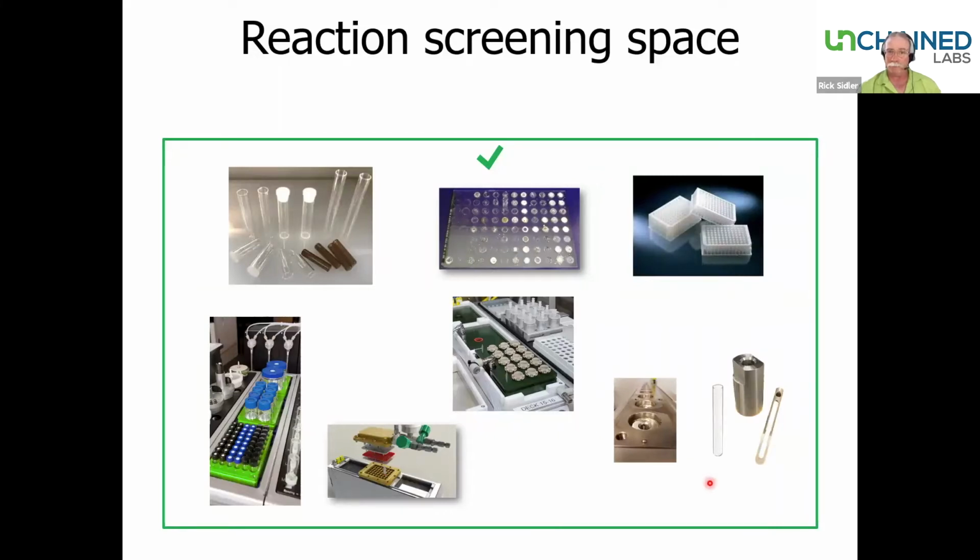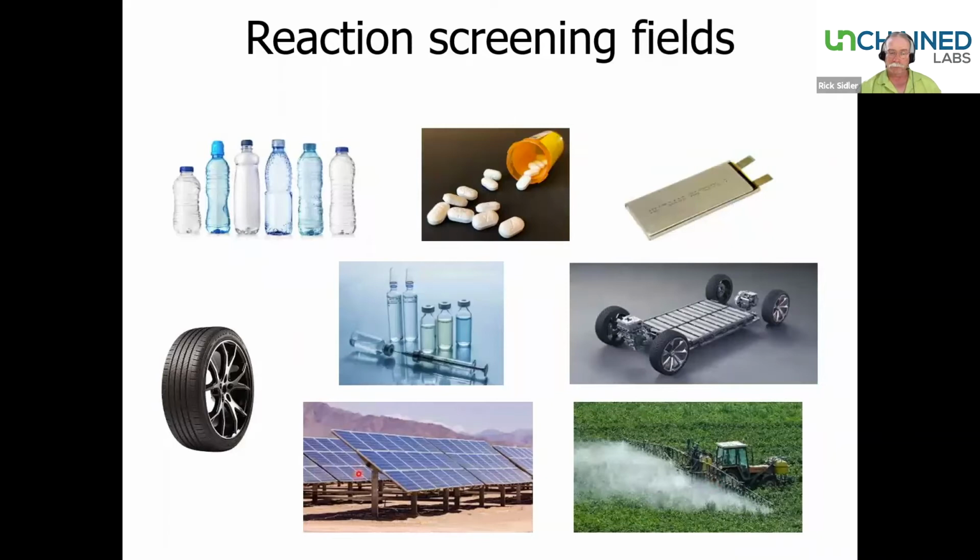Where might we apply these reaction screening conditions? It could be in a diverse set of fields. It could be in polyolefin research, where we're looking at catalysts and co-catalysts and monomer, co-monomer mixtures for making plastics or various polymer materials. It could be in the pharma industry, where we're looking at either small molecule API creation,